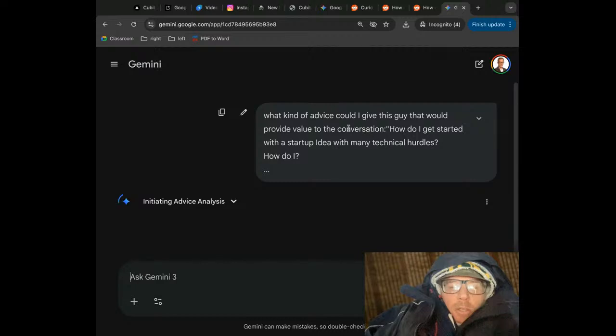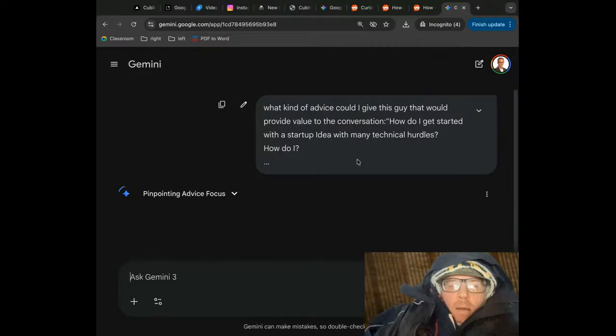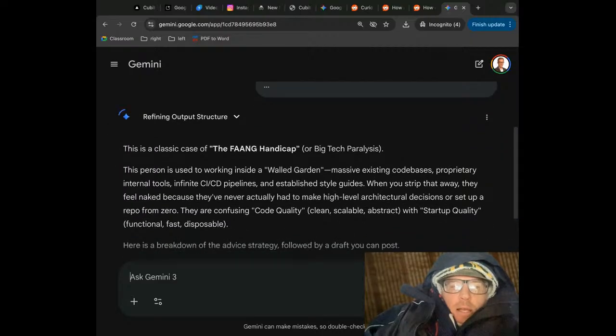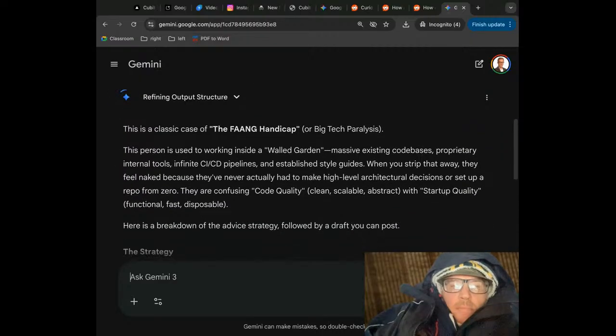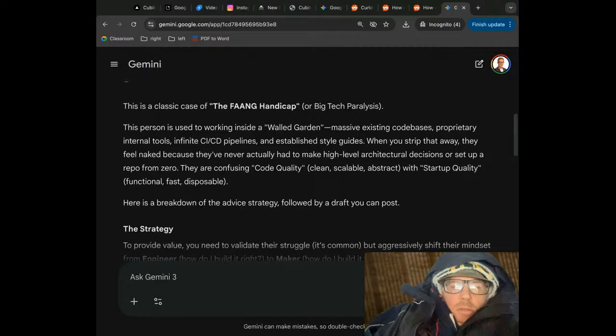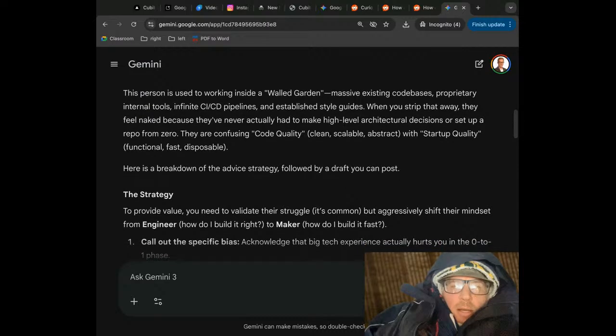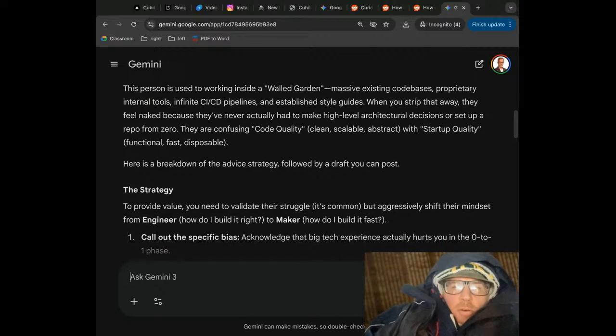But then there are two questions. The first question is, is this going to be good advice? Why am I trusting this advice from Gemini? Why is this advice important? Okay, so it says this is a classic case called the FANG handicap. This person is used to working inside of a walled garden, massive existing code bases, proprietary internal tools, infinite CI/CD pipelines, established guide. When you strip that away, they feel naked because they've never actually had to make